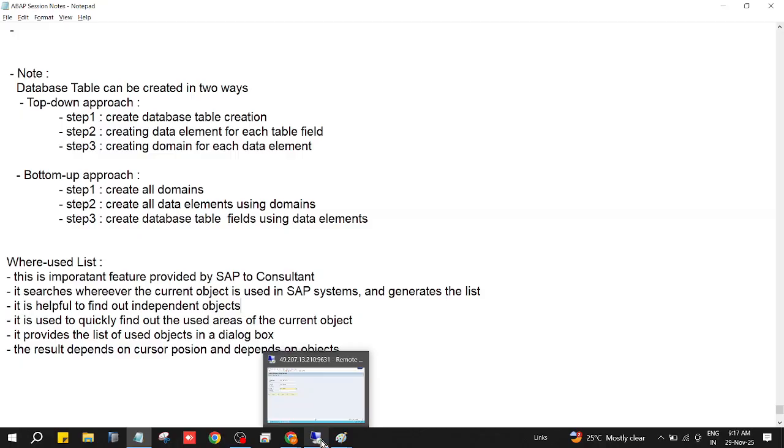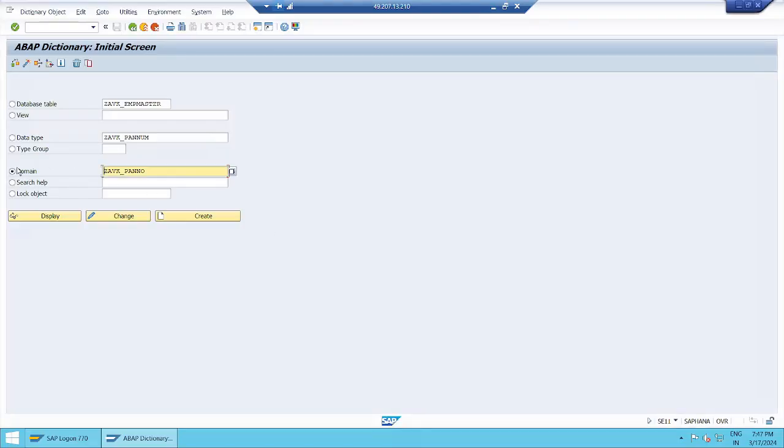But your cursor, when you are placing the cursor on this, the system understands that you are looking for a domain only. Not only this, we will go with another search criteria, because till now, I guess,